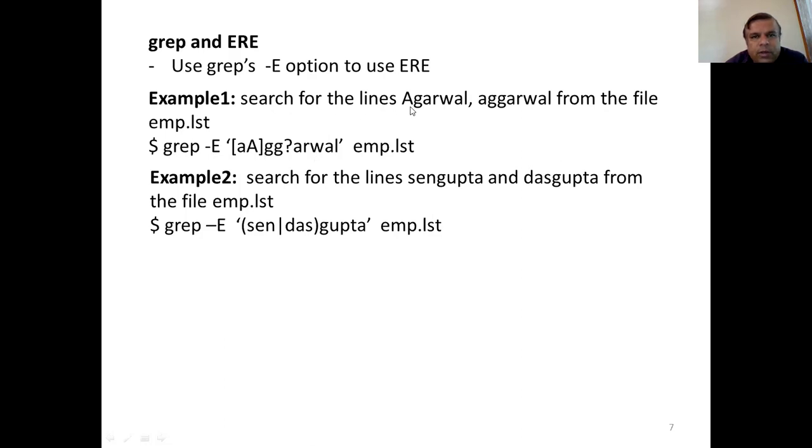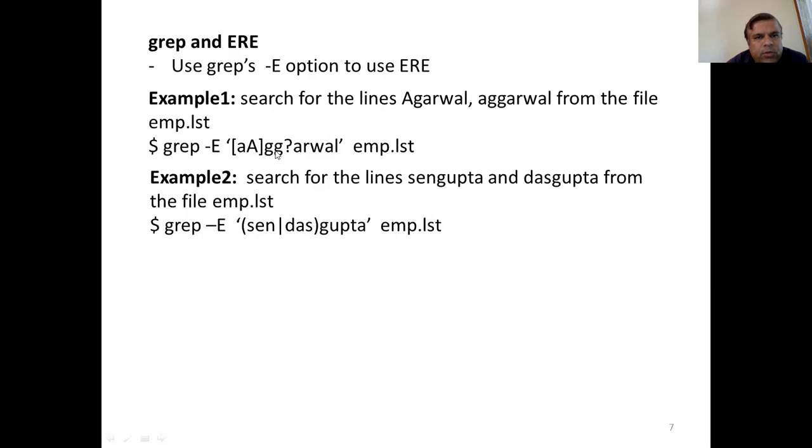So see the characters in both the names. First, the first character, capital A or small a, match either A or small a using the bracket metacharacter. Then followed by G. The first G you match as it is. Then the next character is A, or here G is there. So there is an extra G here.